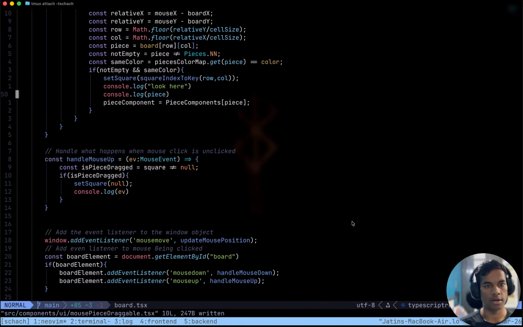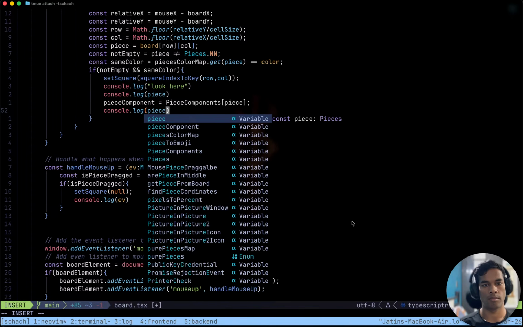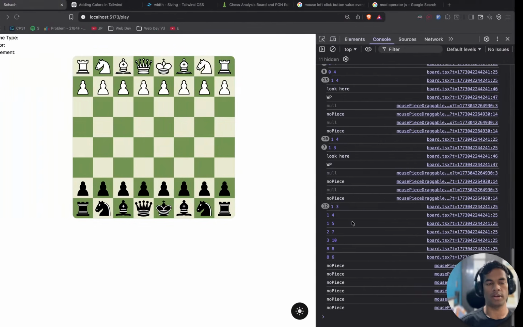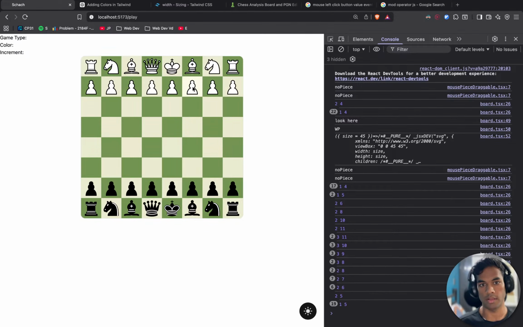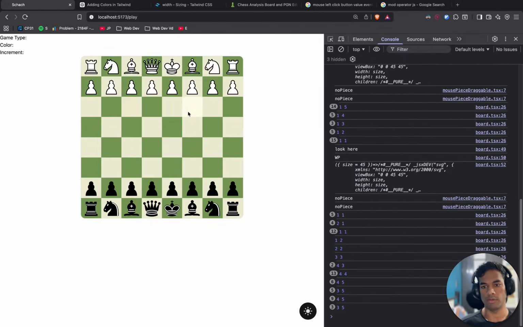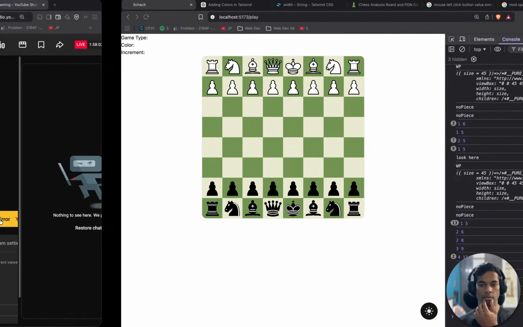We are updating the piece here. Console.log piece component. We do see something there. Okay, that is very cool. We do see something. So why is it not going to the right place?